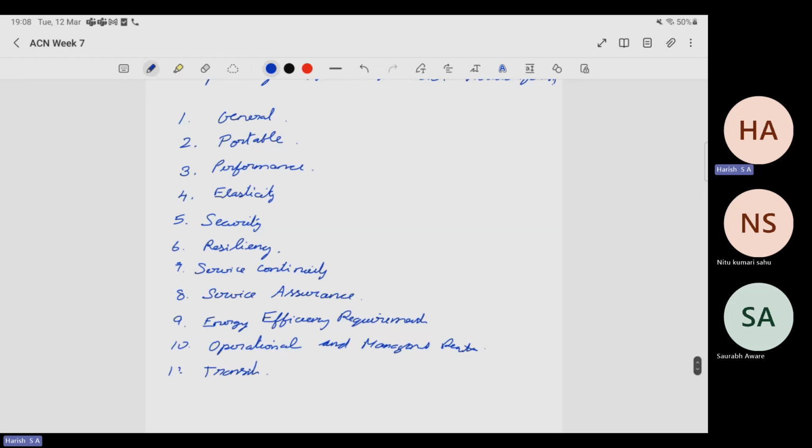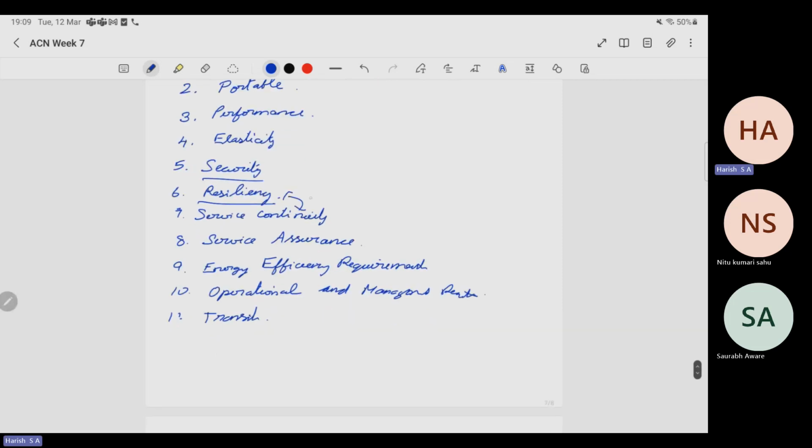So elasticity means it needs to be scalable to meet certain service level agreements. And security means, you know what security means? It should not be compromisable. It cannot be compromised easily. Resiliency is basically fault tolerance. Right? So if it fails, it needs to be able to come back to the state at which it failed, and it needs to seamlessly start from there. So these two are connected, seamless continuity. Basically, it needs to come back to the state at which it was when it failed, and then it runs from there. And then service assurance, which is